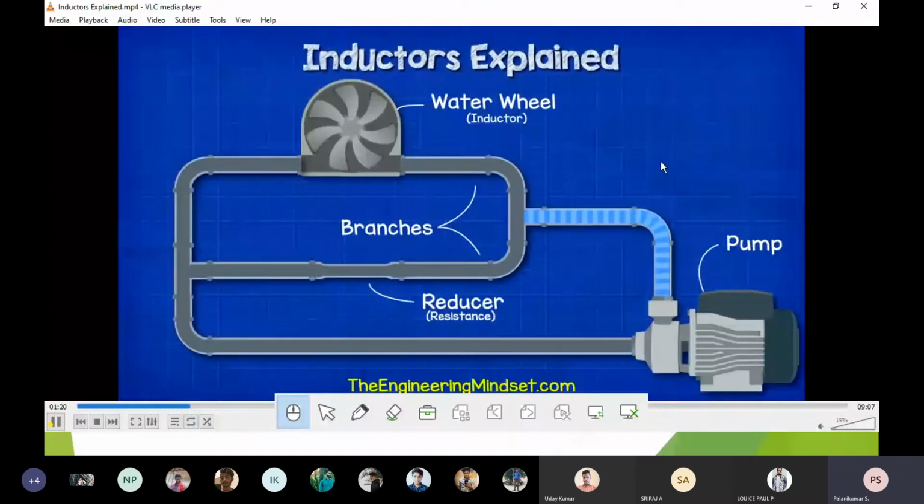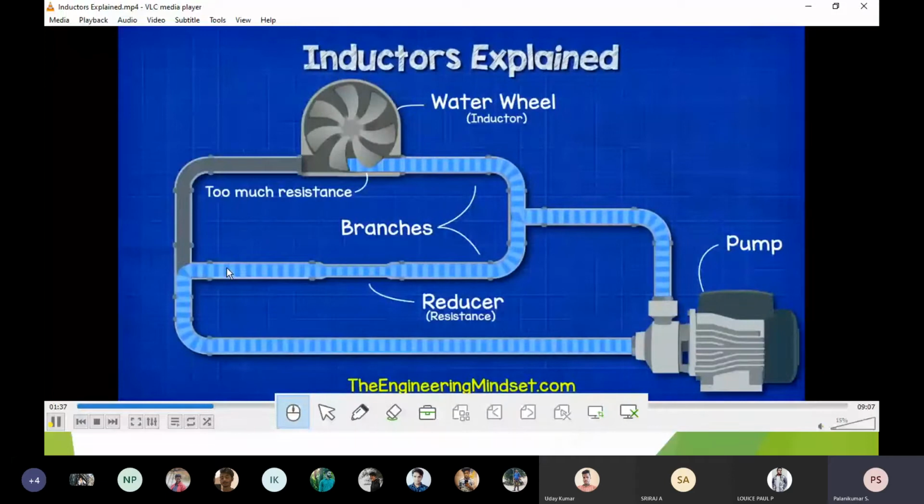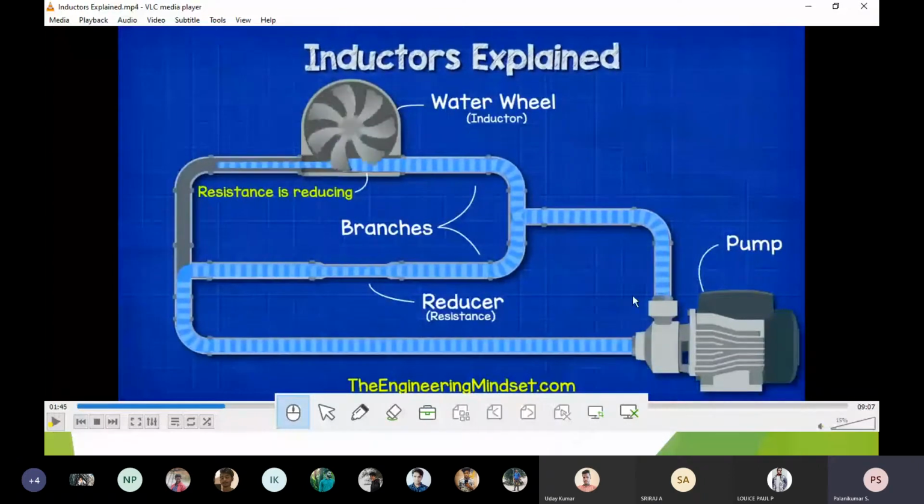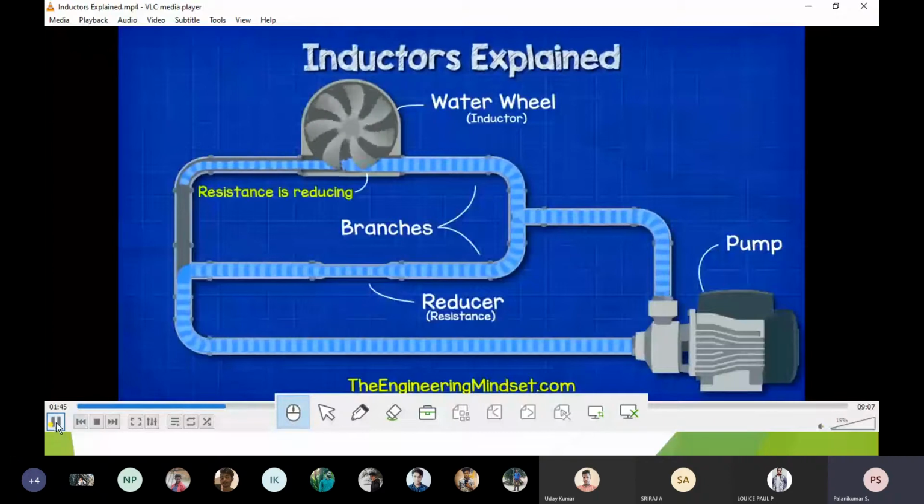So in this case, I am simply applying the concept to a pump. Now what will happen? Due to the water wheel's moment of inertia, which is very high, it is not easily rotating. So the pressure keeps being applied, but it is not able to rotate. In the meantime, there is another provision in the pipe for the water to get back to the pump. So water will first flow through the reducer only, from pump to reducer. Once the moment of inertia is overcome, slowly the water will start moving.